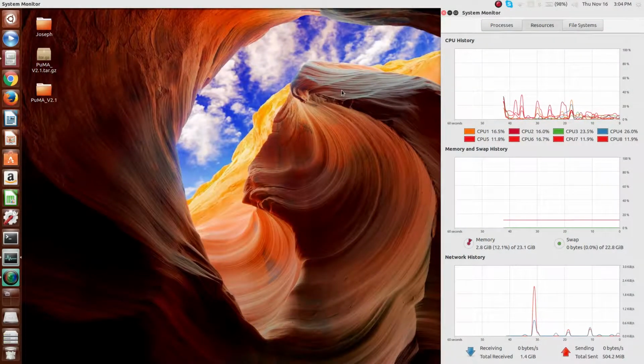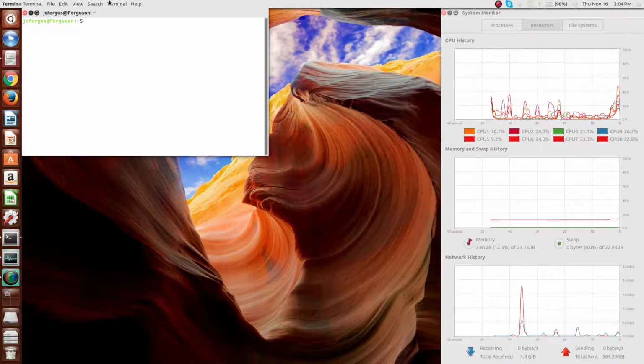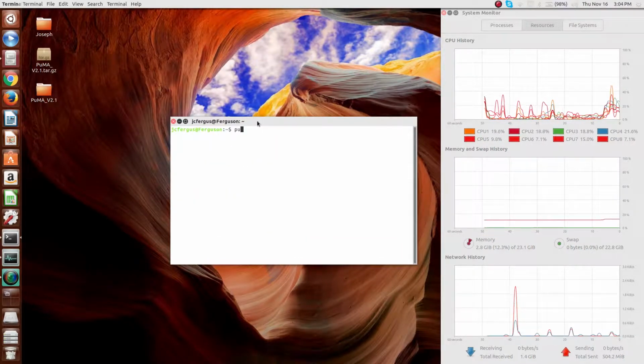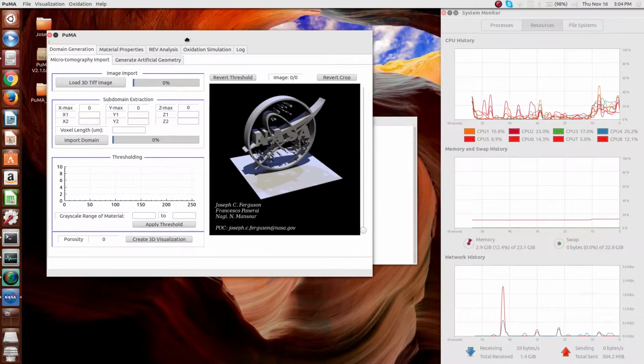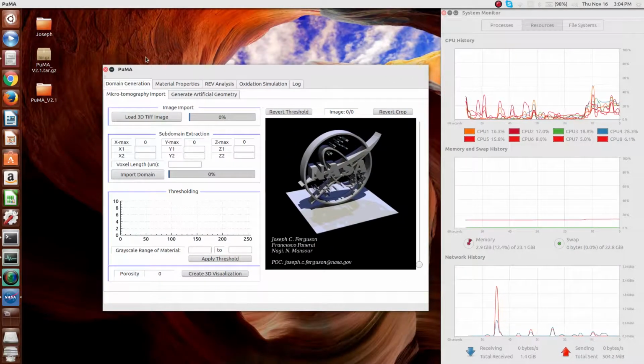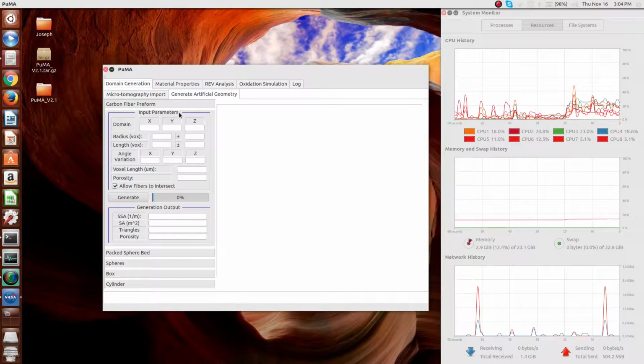In this tutorial, I'll go over the material generation aspect of the PuMA code. After the installation has been complete, PuMA can be opened by typing PuMA in any terminal window. To get to the material generation, open up the Domain Generation tab, which should be default open, and switch over to Generate Artificial Geometry. As you can see, there are 5 different artificial geometries that can be generated in this